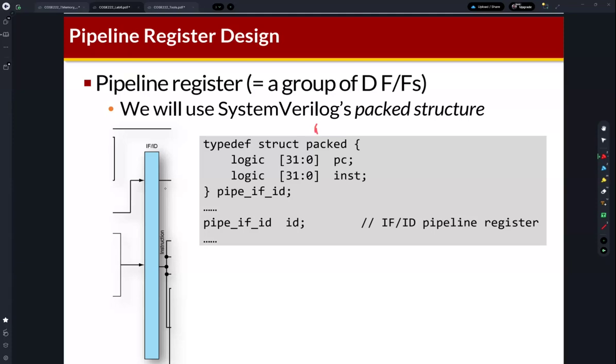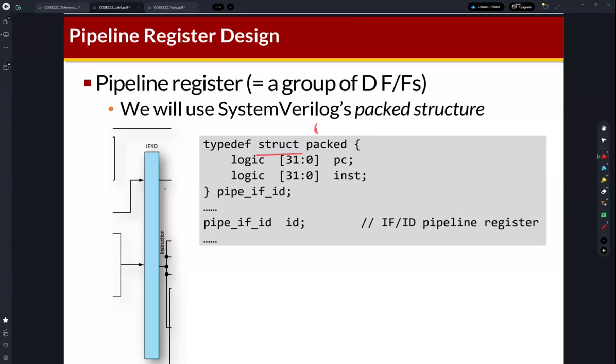structure. You can find some data type like this, a typedef. The type is defined, and then there is a structure type, right? And then it's packed. So it's called the packed structure. This is a feature of SystemVerilog. Actually, this packed structure is similar to a structure in C. So what is the structure in